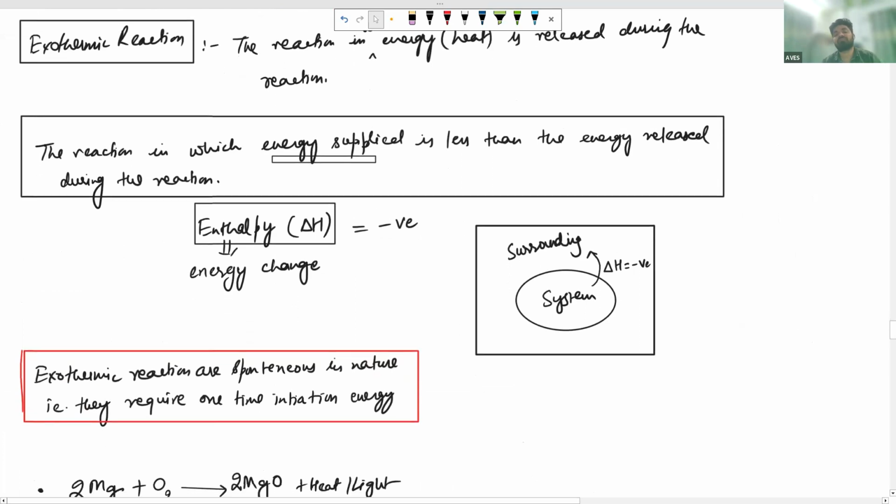Now, in terms of chemistry, we use a word enthalpy. In chemistry, we just require a system. We have two things: one is surrounding, and another one is system. The area which is in our observation is considered to be a system, and the area surrounding it is known as surrounding. For example,